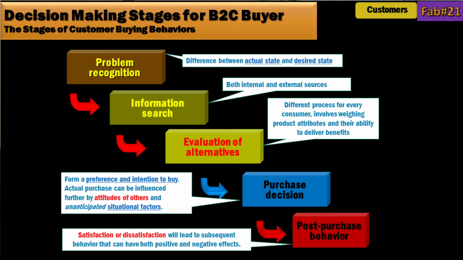So I think of this as being uber simple for selling. Figuring out how to develop a process that impacts a buyer in a business to consumer setting is really more straightforward than it will be in the business to business setting. But hopefully this doesn't look that hard in terms of how you could help people at each one of these stages, and you could design a sales process that would help them to recognize the problems they have, that might help them with the search, that might help them with the evaluation of alternatives, that should help them with making the purchase decision, and that would help them to lead to satisfaction post-purchase.